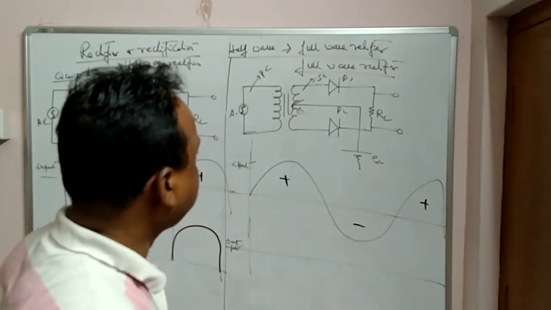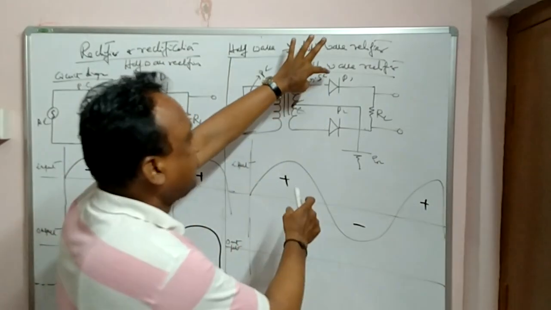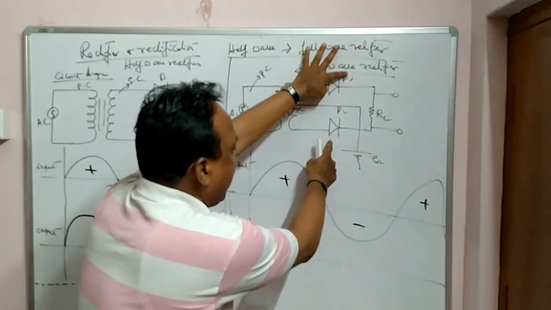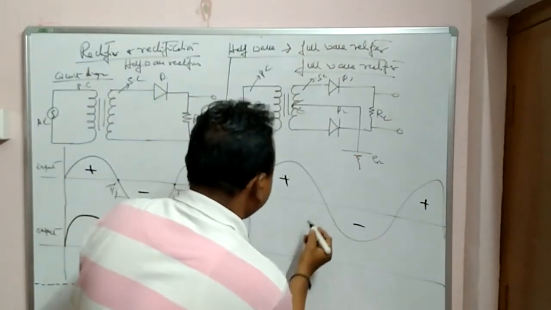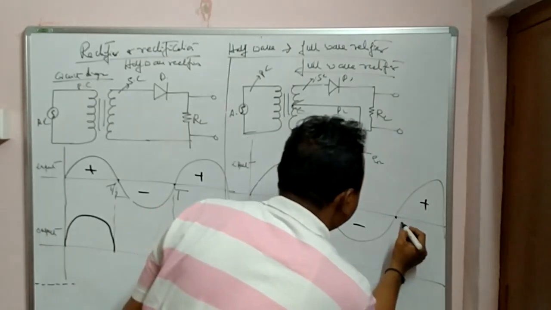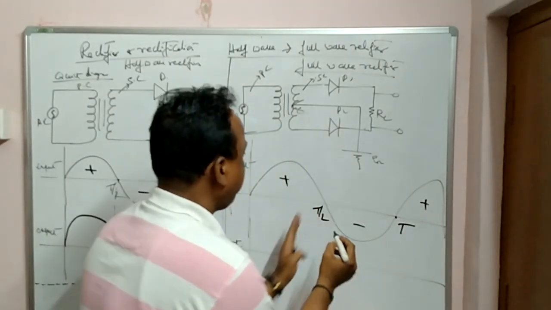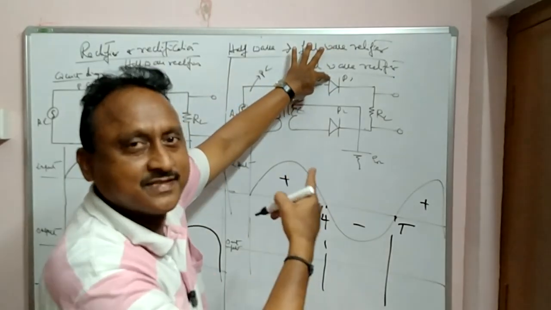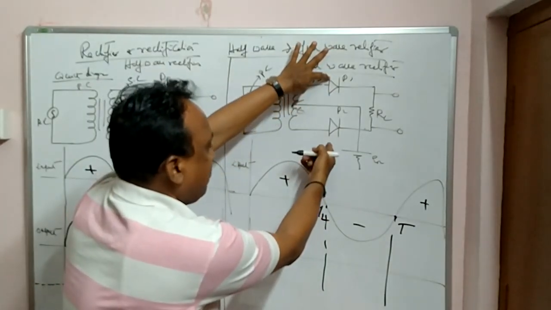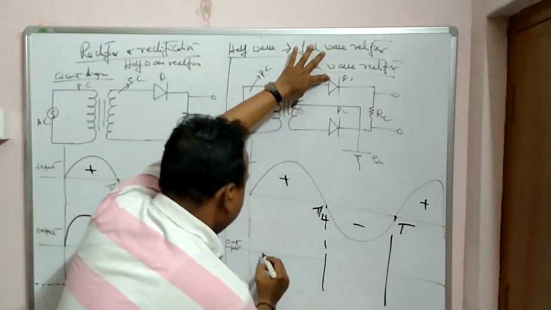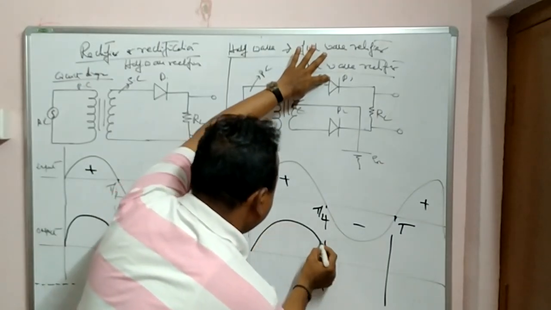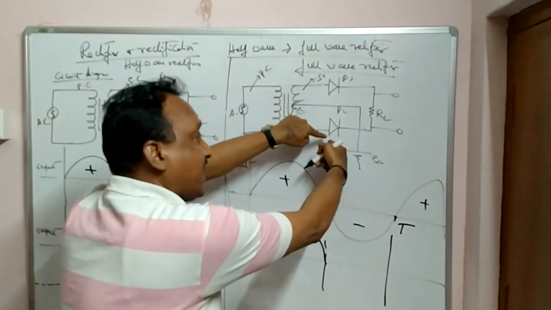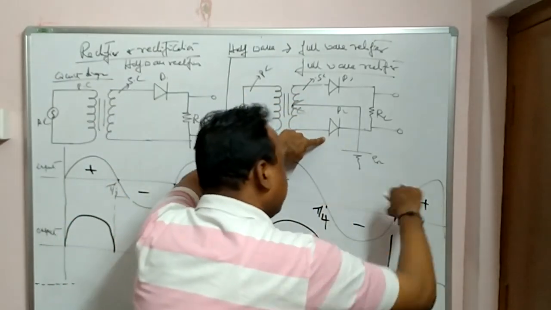Coming to full wave, children, there are two diodes. Suppose D1 is in forward bias, current flows, and the other is in reverse bias, in the first half cycle, T by 2 to T. What happens in the first half cycle? You can see, in the first half cycle this diode is in forward bias and this is in reverse, no current. Forward bias, so this will be in reverse. Second half cycle, again this one is forward, and here